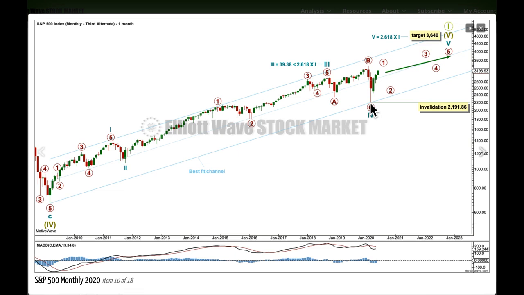This wave count expects not a third wave as the last one, but a fifth wave, and that may actually make a little bit more sense. The target here I don't have a lot of confidence in though, because for this wave count, cycle wave 3 exhibits a fairly decent Fibonacci ratio to cycle wave 1. The length of cycle 3 here is 39.38 points less than 2.618 times the length of cycle wave 1.